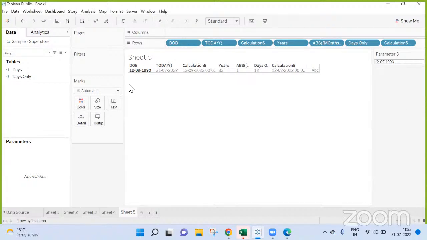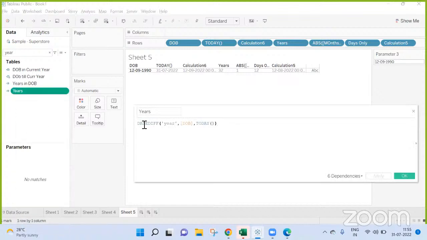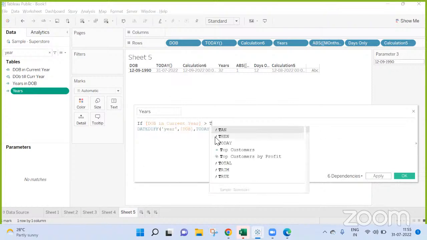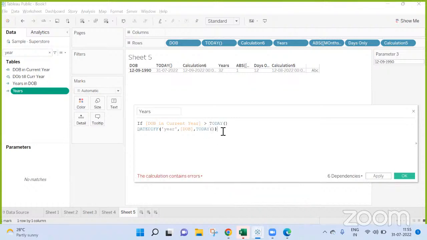There should be a change in that, right? Then this is correct. Else